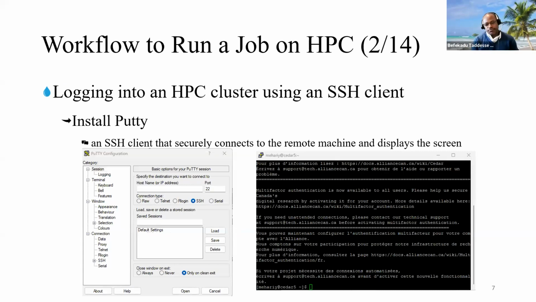Once you transfer your file, you would like to get access to the HPC in order to do certain operations. For that, I use PuTTY. You can use an SSH client like PuTTY. So you install that application. If you are a Windows user, you might not want to use this if you are already using Mac or other operating systems. And then you have to provide the host name and click open. You'll be prompted to enter your username and then your password. And then you get access to the command line